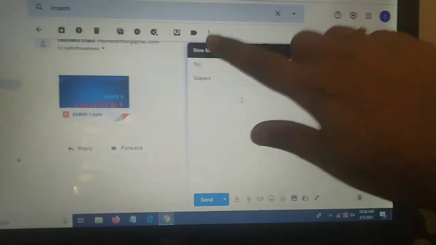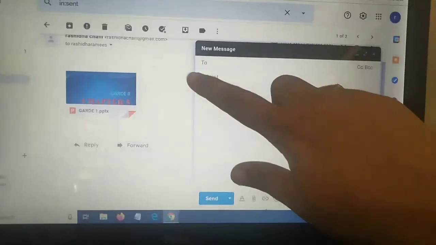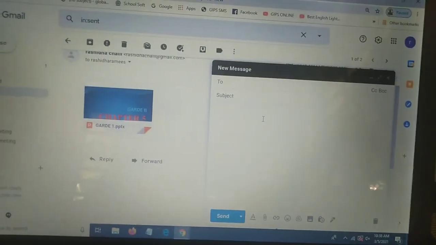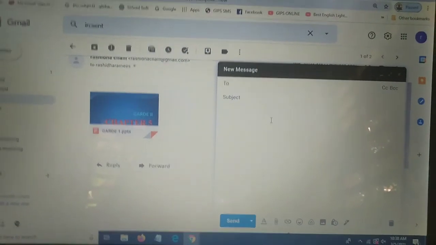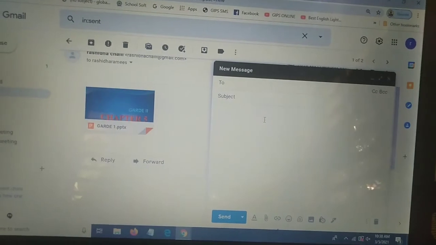Here we can type our recipient's email address. Then the next one, subject, is a one line introduction about the purpose of sending this email. Then CC and BCC, carbon copy and blind carbon copy.